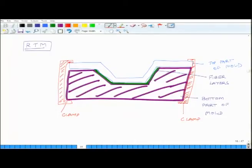And of course, from the top part, there is some gap between the bottom and the top, and there is air in there. So, we have an outlet for air, and this we connect to vacuum. But we have still not shown how the matrix gets added. The matrix is injected in this mold once all the layers have been put, through some outlet. So, this may be the path for matrix material, resin. So, resin is injected,